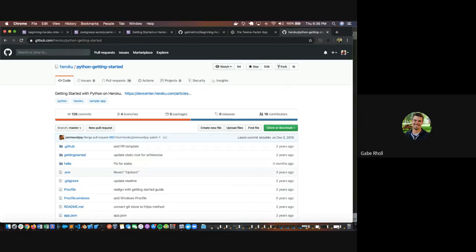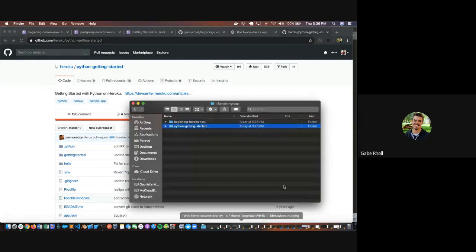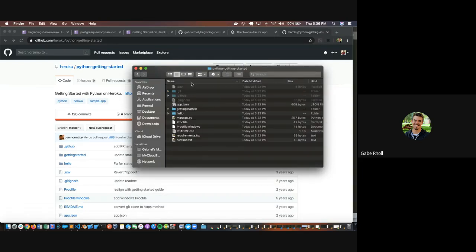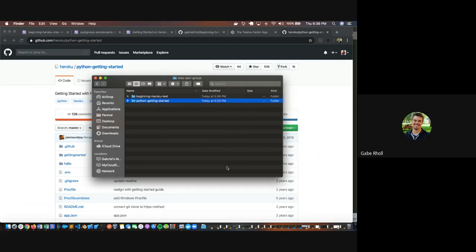So I've already downloaded it, as it turns out, and so I have my folder here on my computer, Python getting started, and that's me. I did the git clone on it earlier, and so that's already local and hosted on my machine. The next step that you'd want to do, and what I kind of do in my flow, is once I have sort of a baseline repo that I want to start working off of, I consider these like stacks or